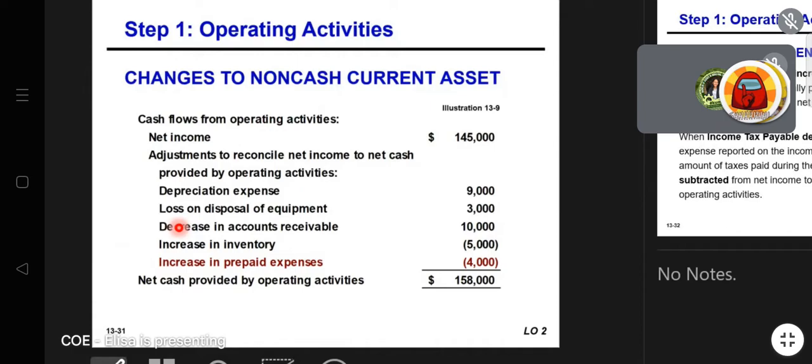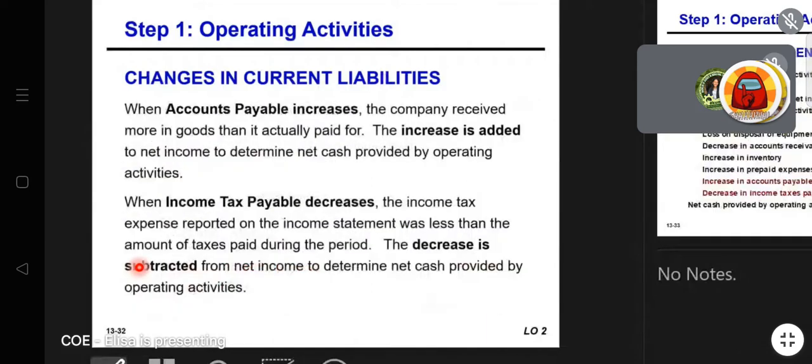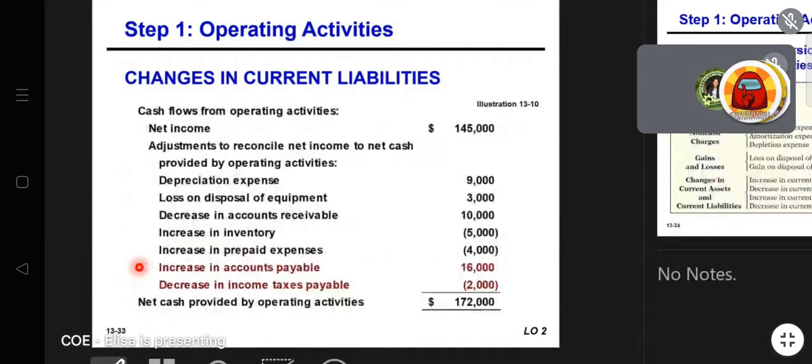Next that we will do is changes in current liabilities. We have looked into the current assets, and then we look into